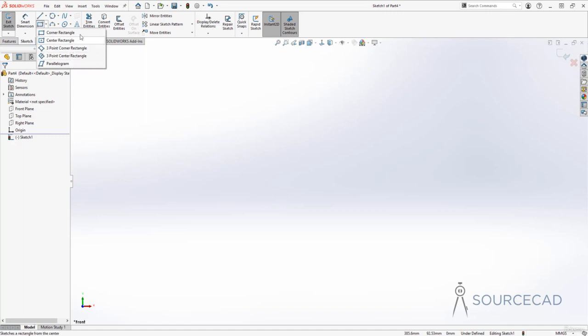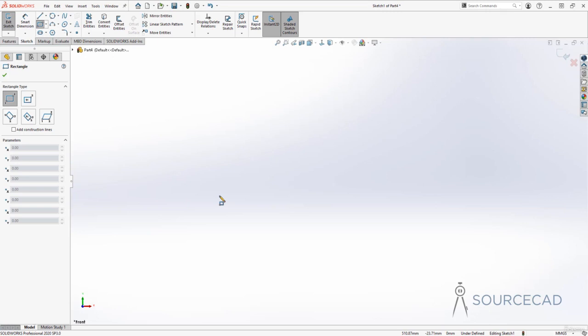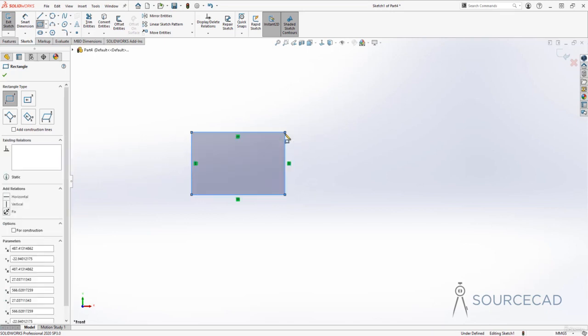So I'll start with corner rectangle. Now in this case we need 2 diagonally opposite points. So I'll click on first point here and the second point here, and just by specifying these 2 points we were able to make this rectangle. Now let's go to the second one, which is the center rectangle. So I'll select it from here,